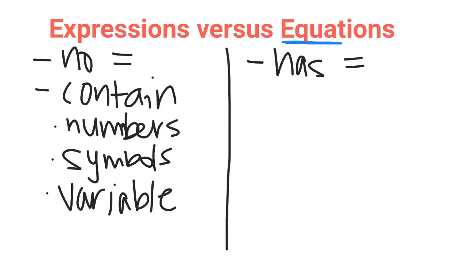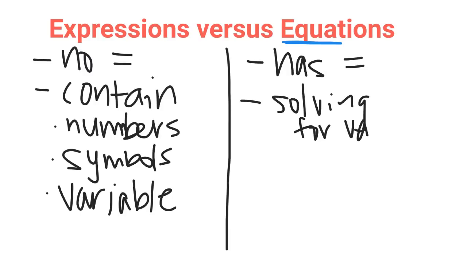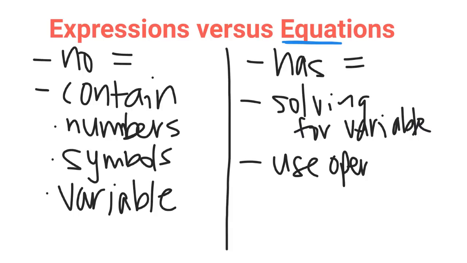Second thing that we want to take a look at is that with an equation, we are solving for something. We're solving for the variable or the letter. So because we're solving for the variable or the letter, that means that we are going to have to use operations to help us solve